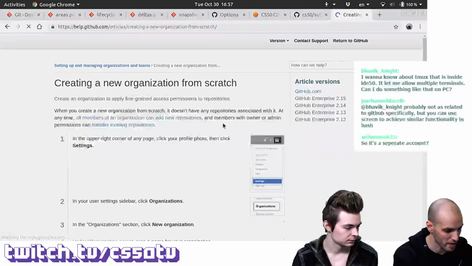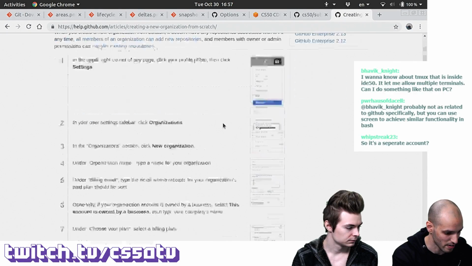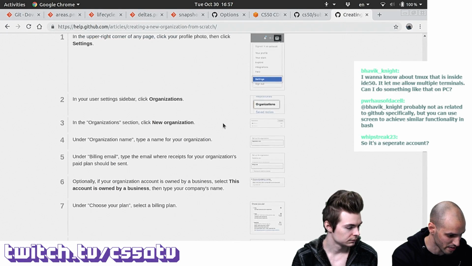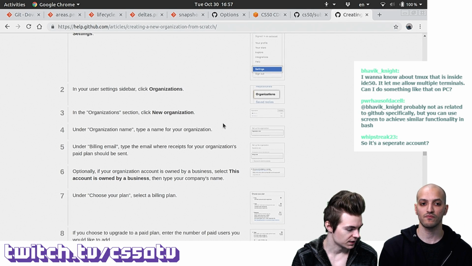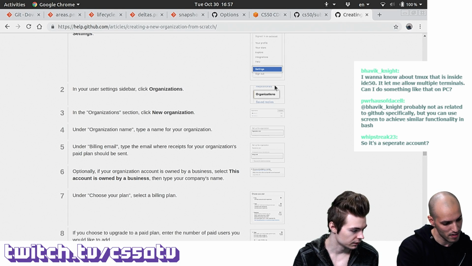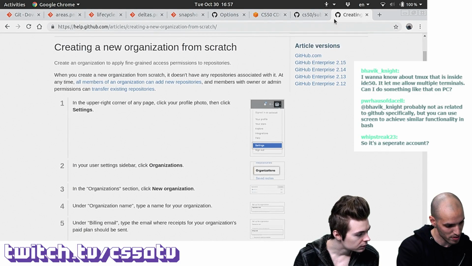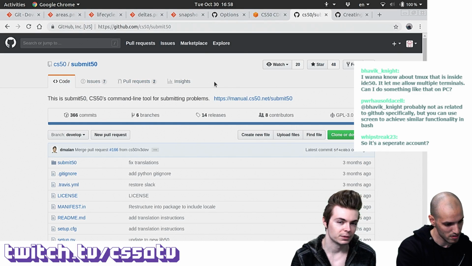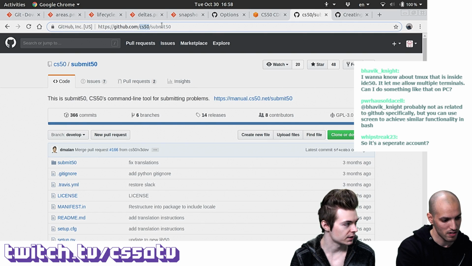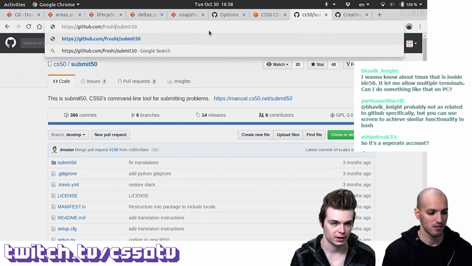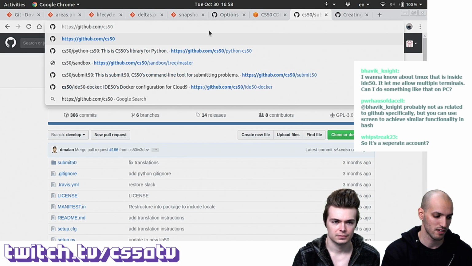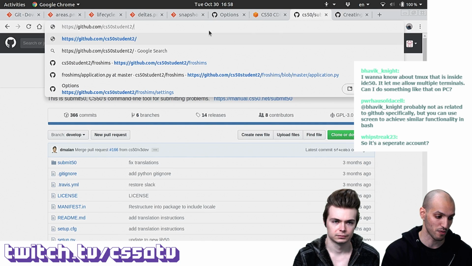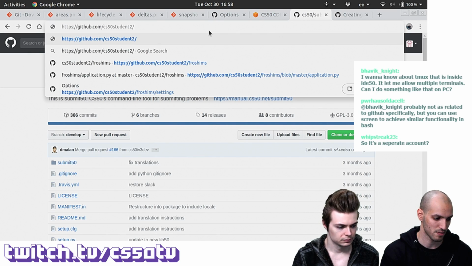GitHub actually has a very useful help guide that lets you know how to create a new organization. Is that a premium feature? Can you do that with a free account? That's interesting. I guess you could have public repos on it, but private repos you'd probably need a premium account. I haven't actually tried to create one before, so let's experiment with this.